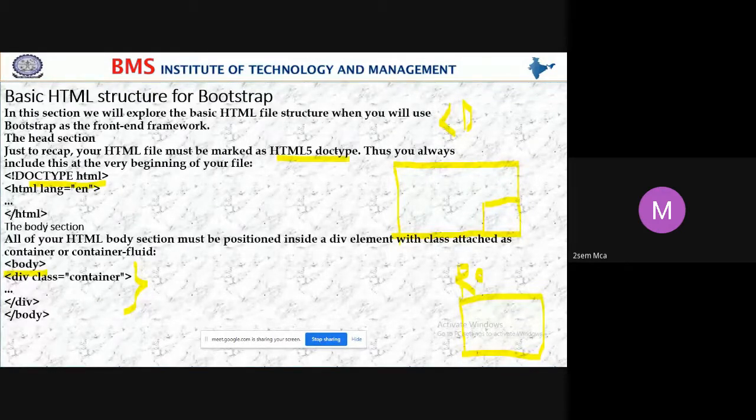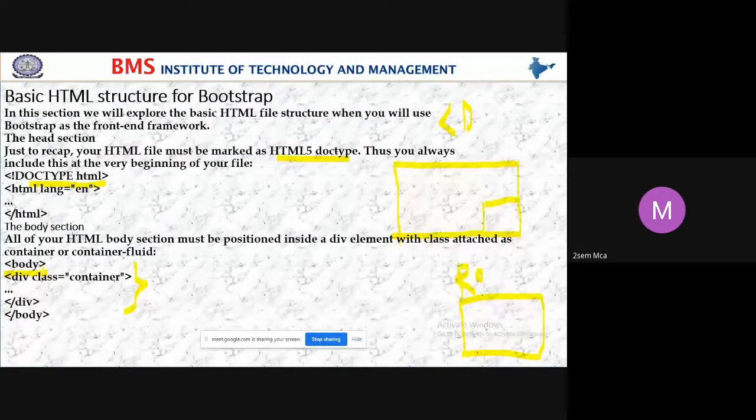In XHTML we used a doc type file; to create a Bootstrap program, we are using doc type HTML, and we are using a body tag.